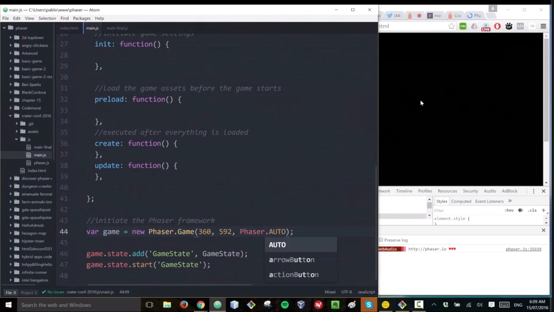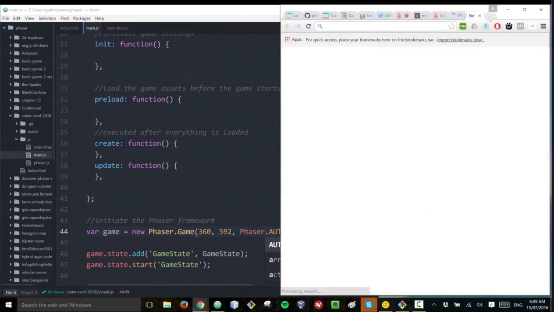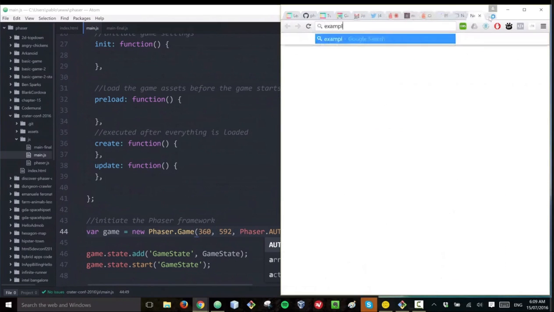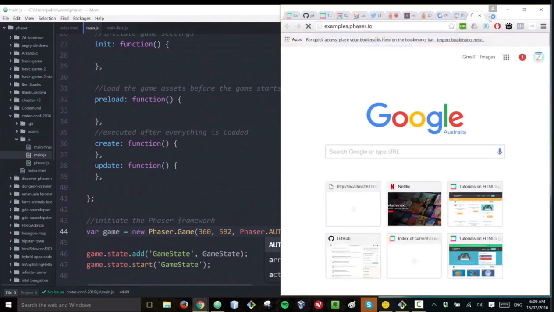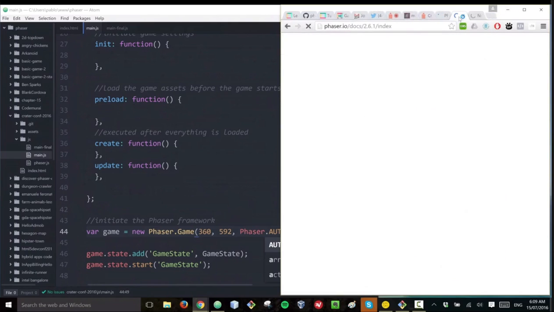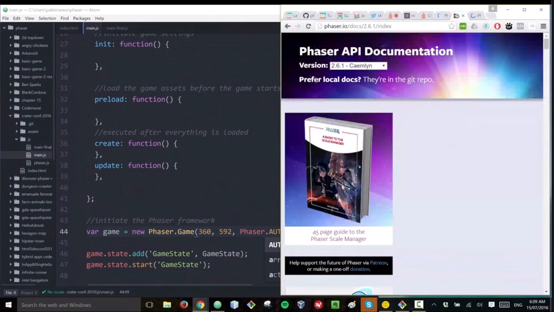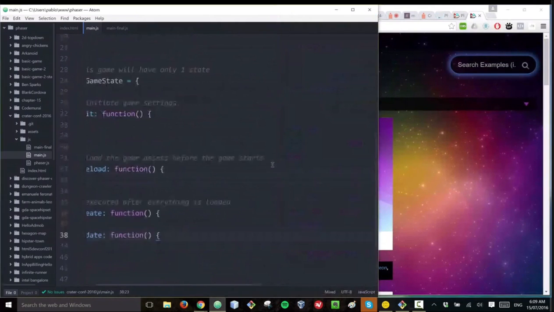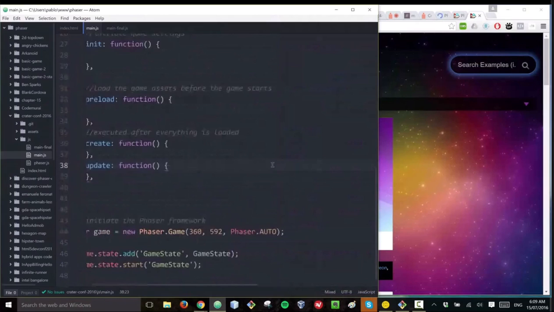The other place that I forgot to mention is the documentation of Phaser, and also examples at phaser.io. So I might have to look at the documentation if I forget one of the parts that I'm supposed to write. So this is where we define the framework, and then